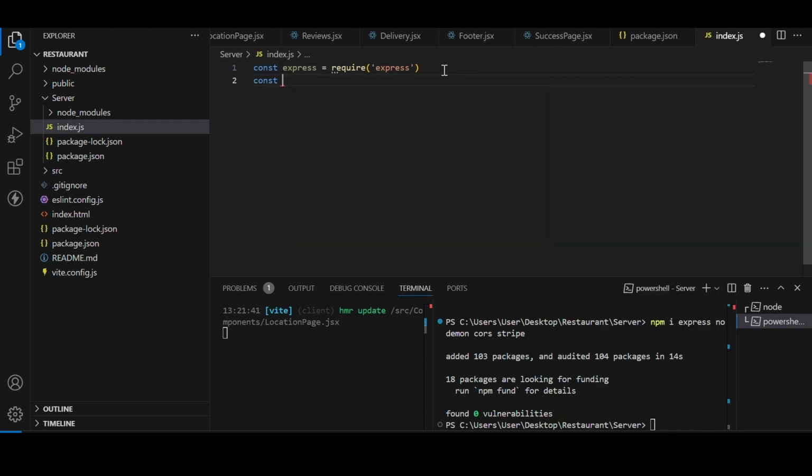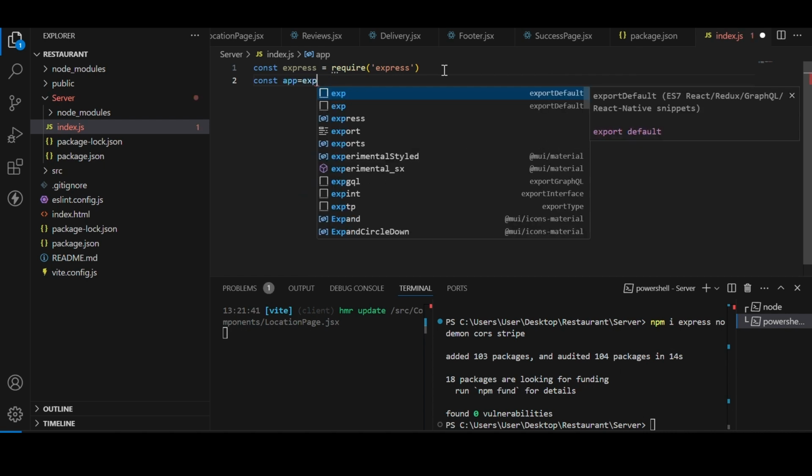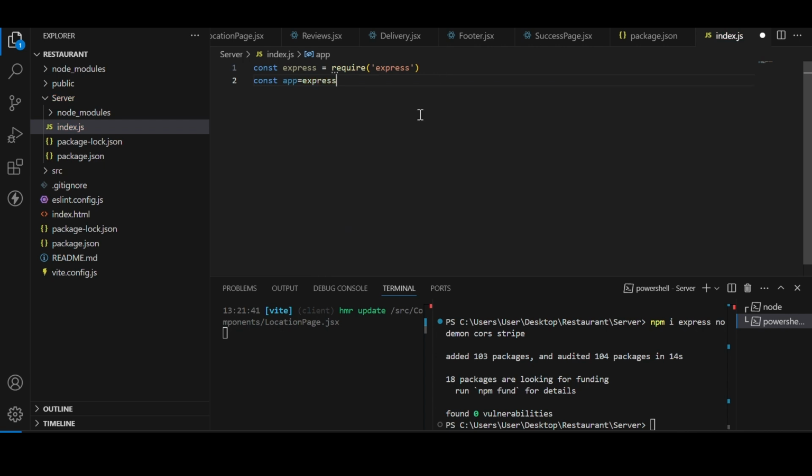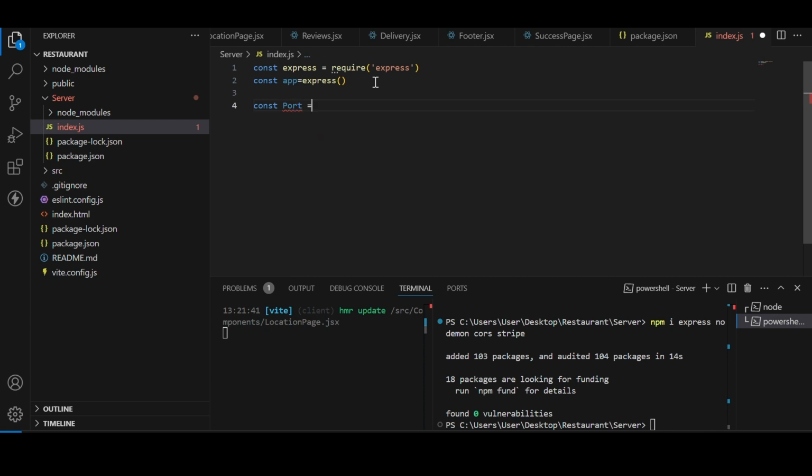Const app equal to require express, just like that. I'll say const port will be equal to 5000. Now let's just say 3000,